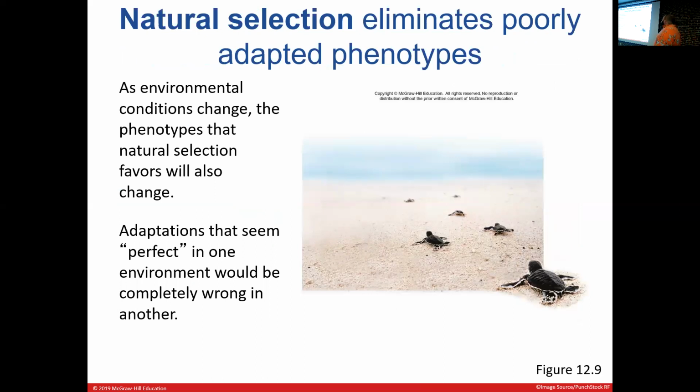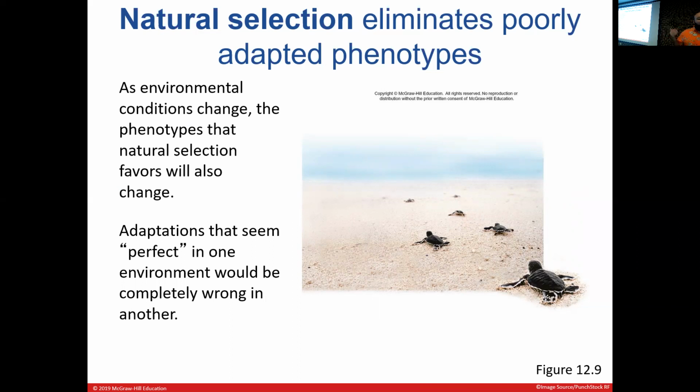Ultimately, in theory, natural selection is going to eliminate poorly adapted phenotypes. Now, keep in mind, it doesn't mean that these phenotypes, the ones that survive, are perfect. In fact, they're oftentimes pretty terrible. Again, going back to my panda example, why in the hell is a panda adapted to eat the tiniest little parts of the bamboo plant? I'll never understand. But for some odd reason, it's evolved to fit that very weird specific niche. And nobody really has a good example or reason for it.